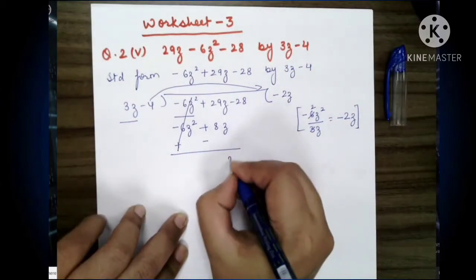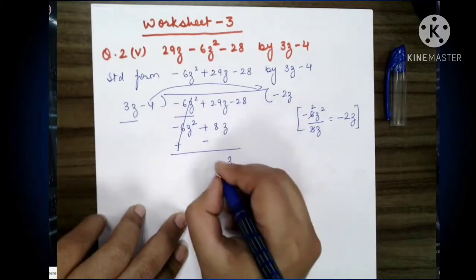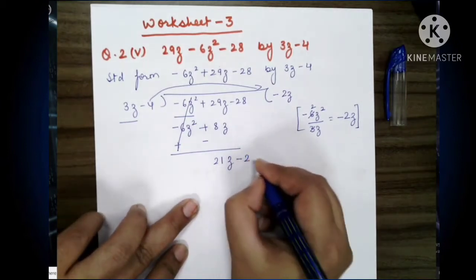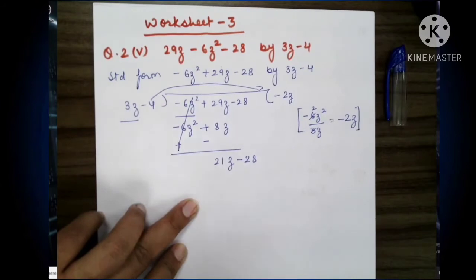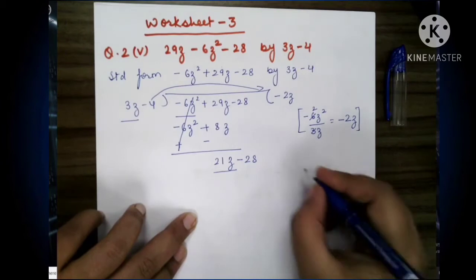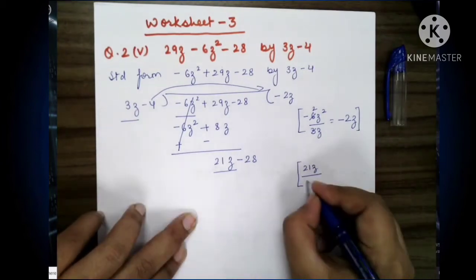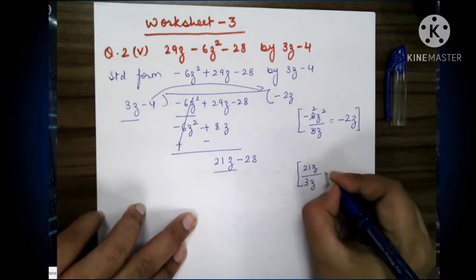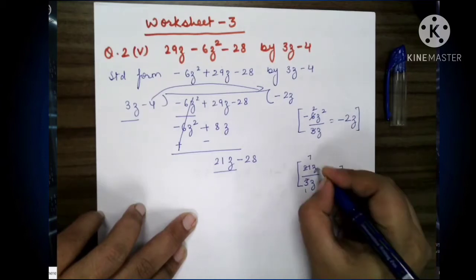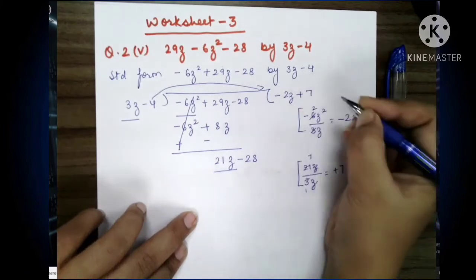Now the second. After solving we will get z: 29 minus 8, it is 21. Now bring down this one, it is minus 28. Now this is our new dividend. The first term of our new dividend is this one. Now again, new dividend divided by the first term of the divisor. Both are positive. 3 ones are 3, 3 sevens are 21. z and z cancel, so only 7 we get. It is plus 7.